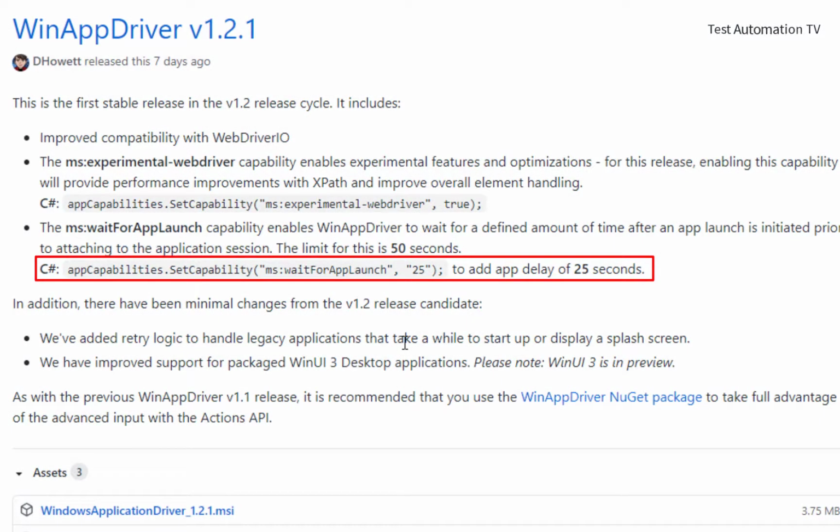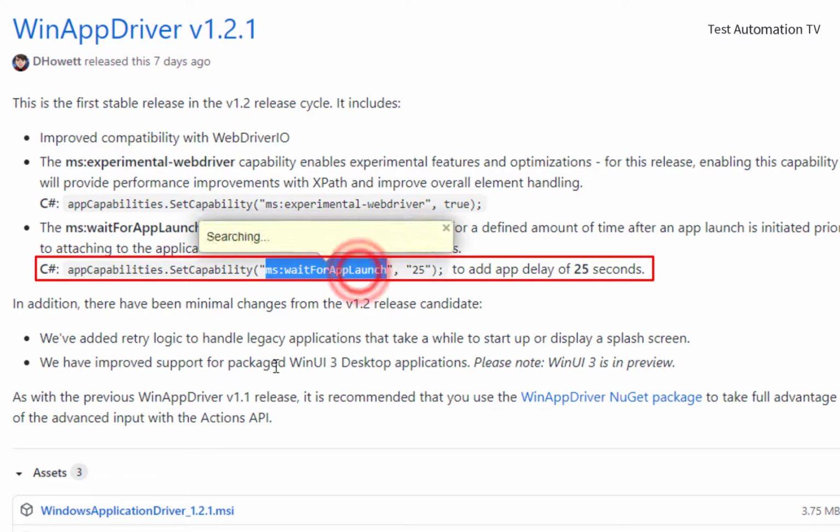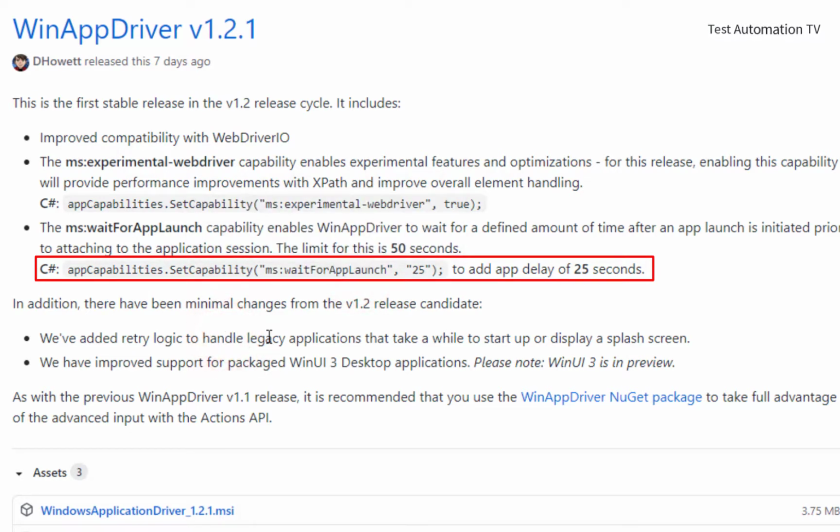It displays a splash screen, and many times WinApp Driver starts to initiate a session in case of the Outlook application. So these two features here, the ms:waitForAppLaunch capability, and the one down below, the retry logic, are in place for such troublesome applications.